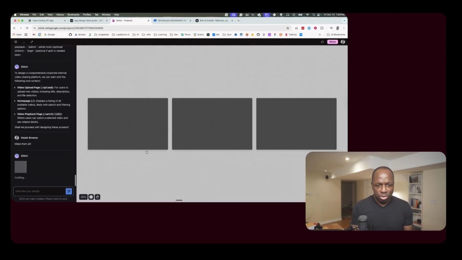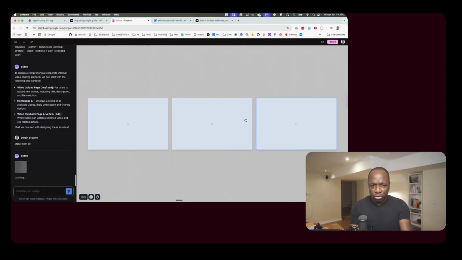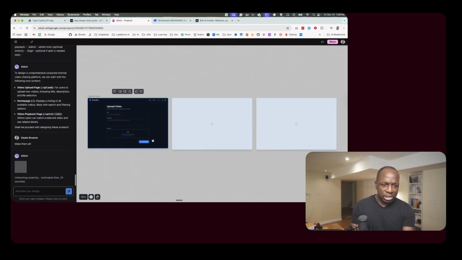Okay, so Google Sketch will hopefully come up with a screen layout that works for me. And if not, at bare minimum, I can iterate on the UI while I'm not touching Lovable or V0 and asking it to generate code or any kind of stuff. I'm just focused on the UI, at least with Google Sketch. It might not be the best, but at least I can iterate in terms of colors and features, etc. from that particular point, and then we'll go from there. Okay, so video uploader. All right, so while that's happening,